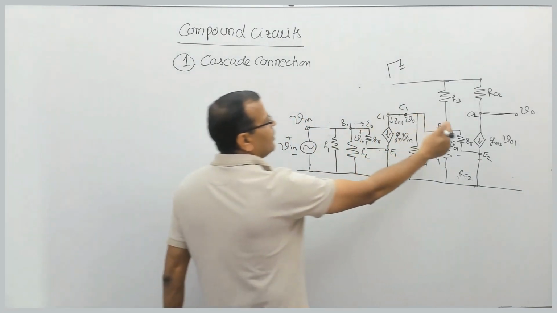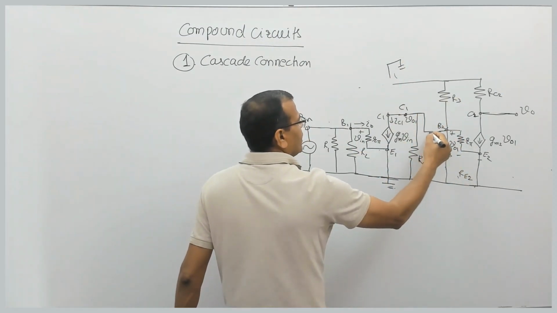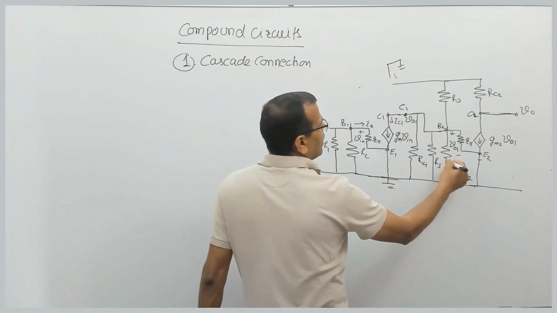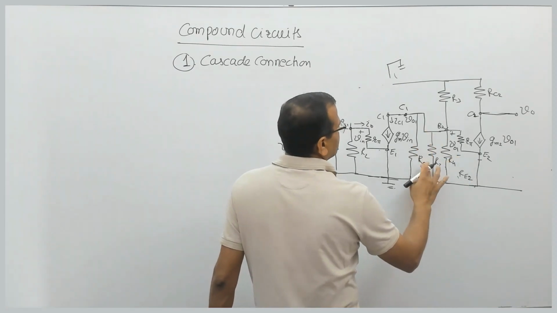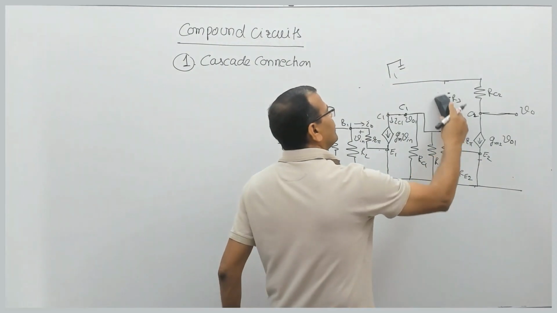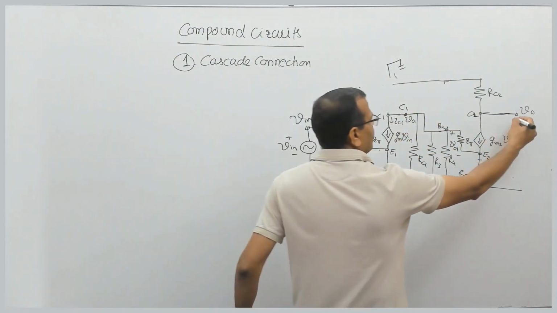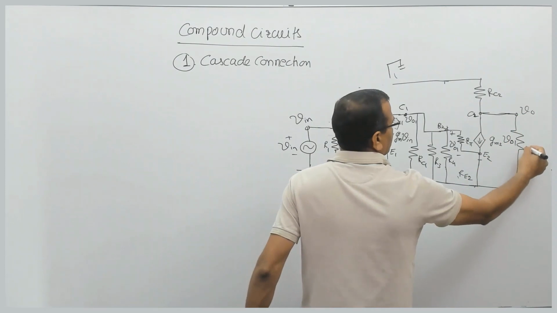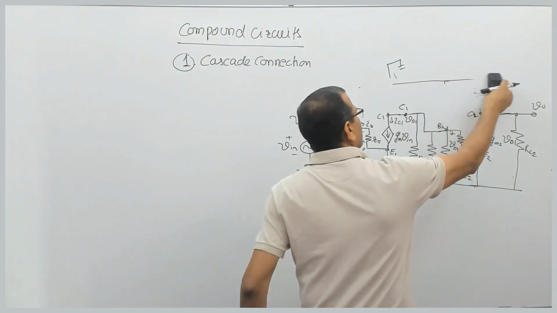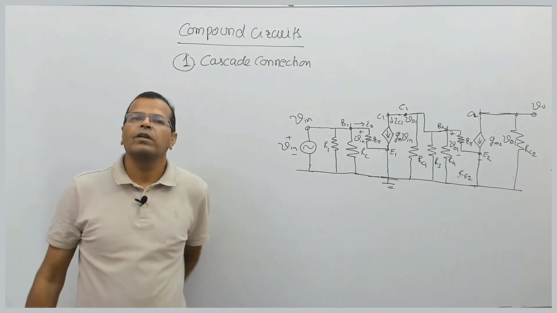Similarly, you can please see it carefully. This R3 is going to ground, so R3 can be taken here. So I will take this resistance here, R3. Fine. This is R4. This is RC1. I hope it's clear. So that R3 is also removed. Now you can see R2 is going to the ground, so that RC can be taken to the ground here, RC2, and that voltage of course is V0. So what I have done, I have connected all resistances to the ground, one single ground.